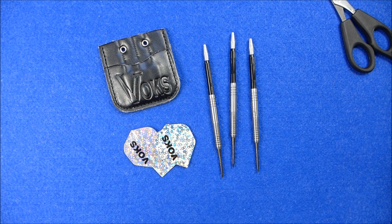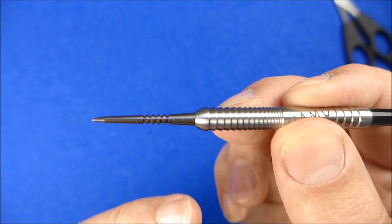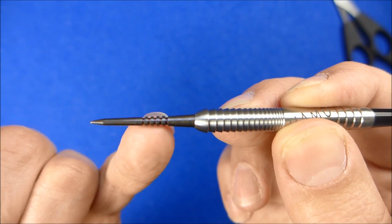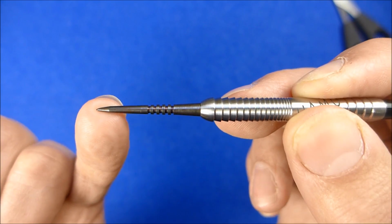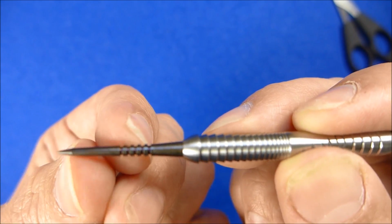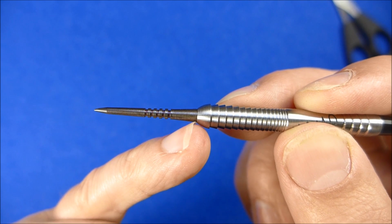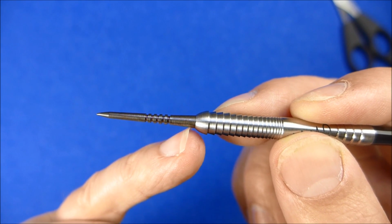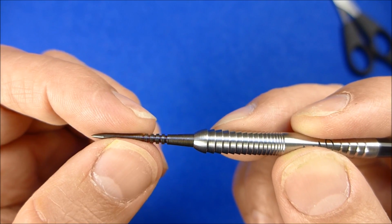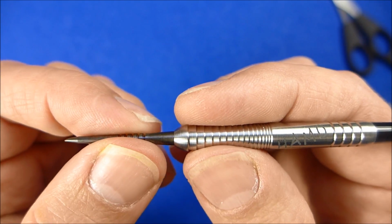So let's have a close look at the barrels now. So here's the quick close look, then I'll put the detailed picture up with all the measurements. And these are the new Voks tornado points, and they have a little grippy section. They've been, what's the word, fire... I don't know if it's fire baked or what, but it makes the steel harder. And although you don't really see it so much with this barrel, with a more tapered barrel you would probably see a smooth transition. It's still got quite a nice smooth transition there than it would if it was a normal point. There'd be much more of a lip there, so it works well even with a bullnose type